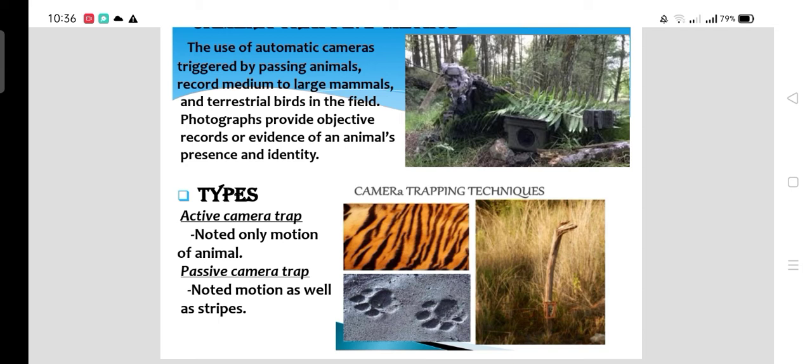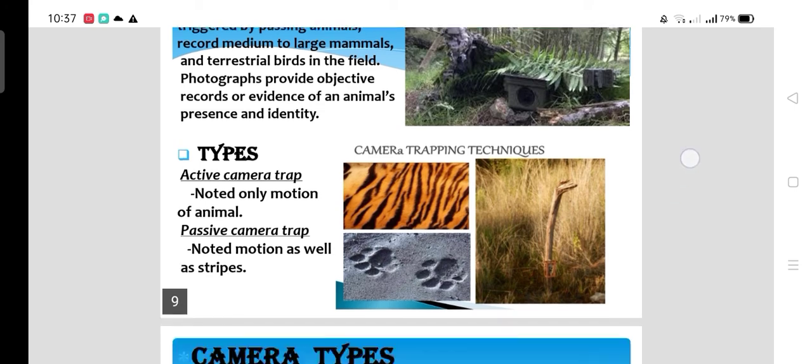When we say active camera trap, noted only motion of animals. So, it means that active camera trap, ito yung noted talaga na motion lang ng animals, while yung passive camera trap, motion as well as stripes. So as you can see in the sample pictures, there are two footprints of some kind of animals, and then the other one is stripes. Okay, then